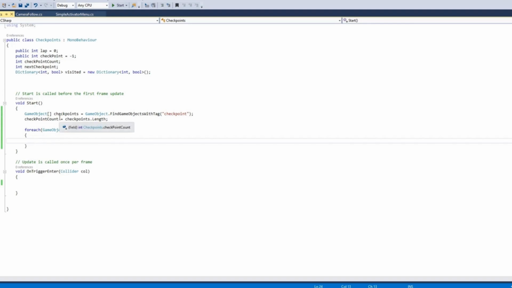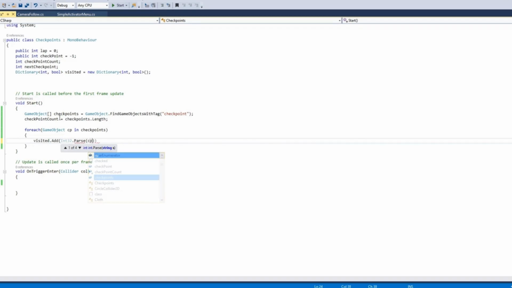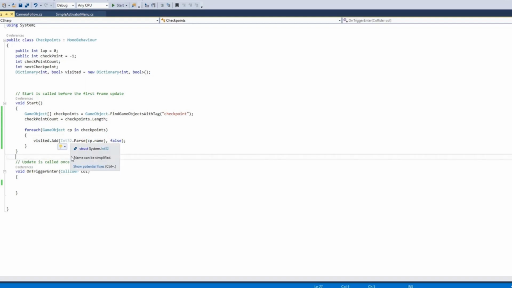We will say visited.Add, and then we will write Int32.Parse(cp.name), and then false. This cp.name will return a string value. We have converted it into the integer value by using Int32.Parse.